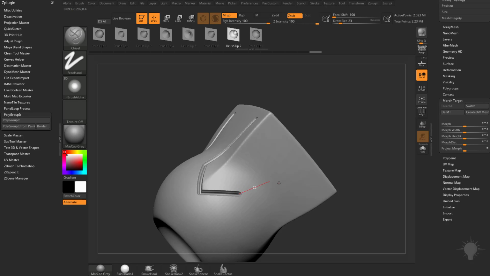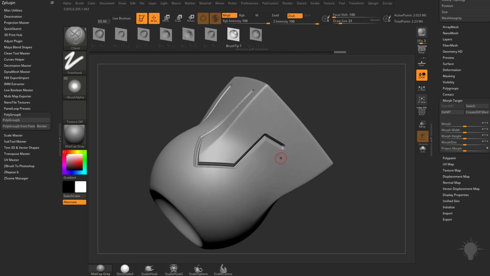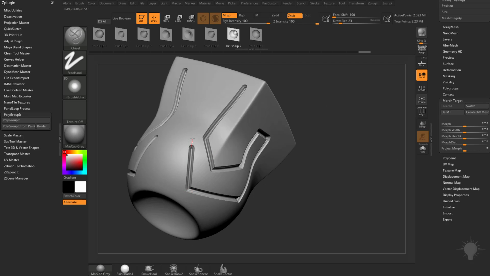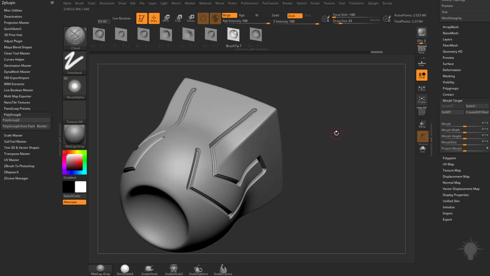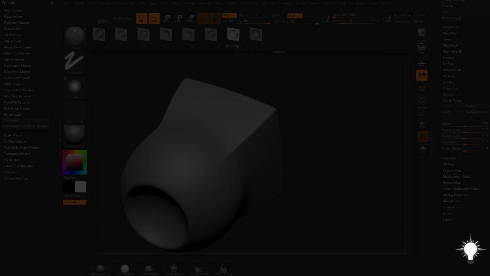You can also hold down Shift, snap this to incremental angles, and then let go. And if it's not snapping quite as far as you would hope, it's only going about halfway, go over here to your stroke, crank your lazy radius down, and now when you hold down Shift, it'll snap much closer to the end of your brush. That might be a little bit easier to dictate where that ends up. So that's a bunch of different methods to go ahead and split up your object into different sculpted panel areas with these brushes. So pick your favorite one and start carving in some panels.